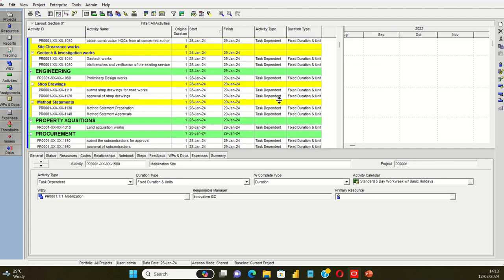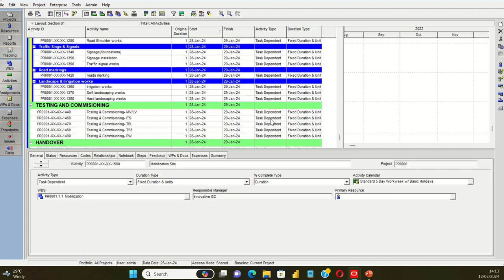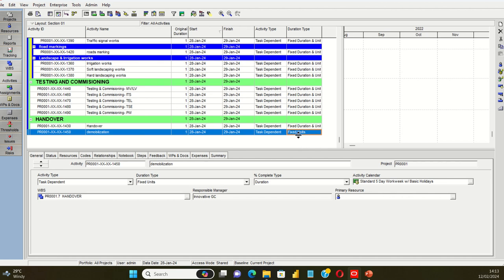Alright, so if you scroll down, you can see that all the activity type is Task Dependent, and the duration type is Fixed Duration and Units, but only one activity here you can see is Fixed Units, and we need to change that back into Fixed Duration and Units. One way is to simply click here and change it if it is a single activity. But imagine you have more activities